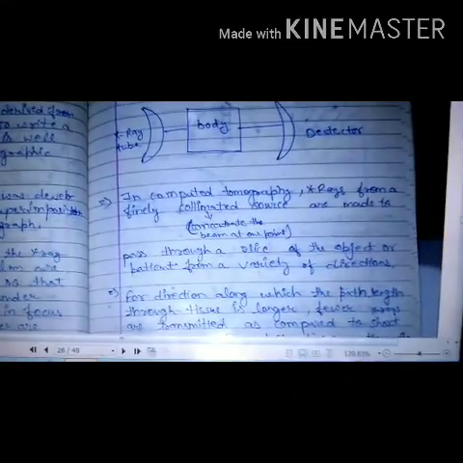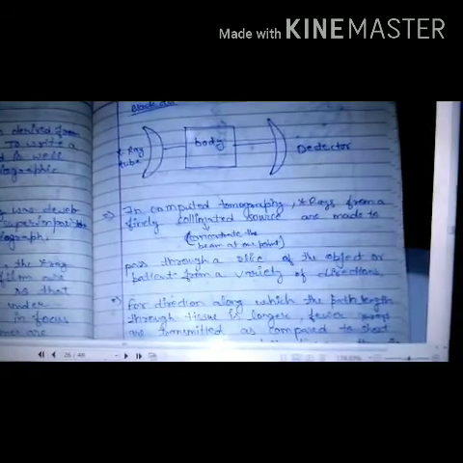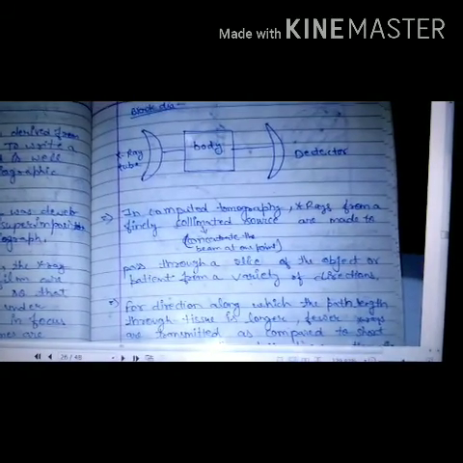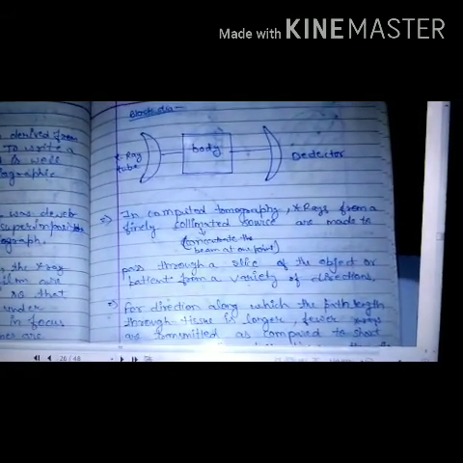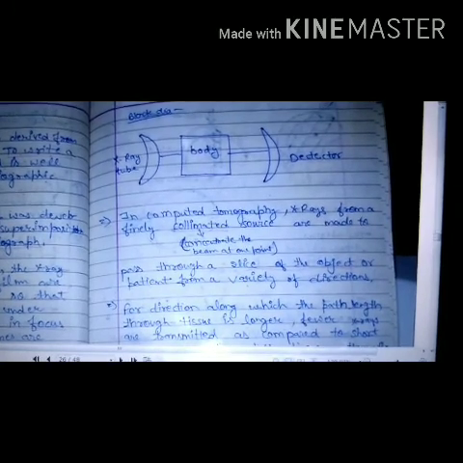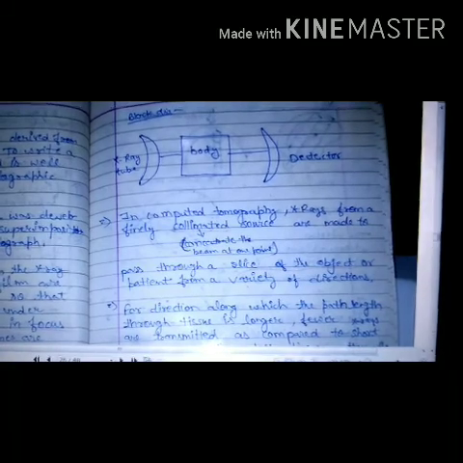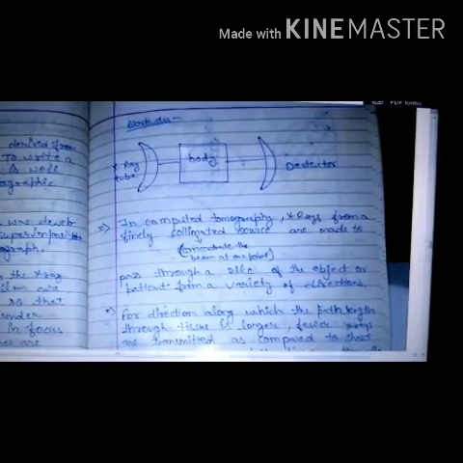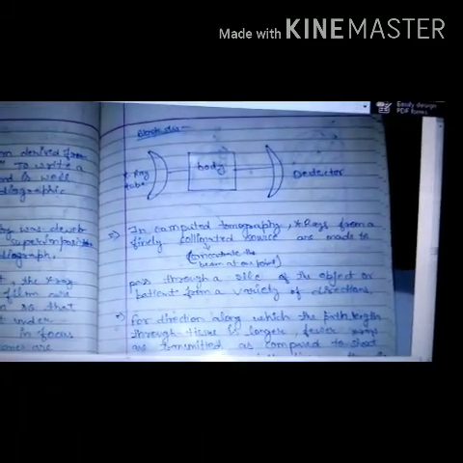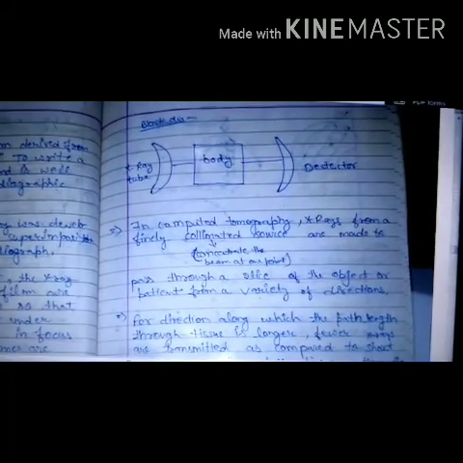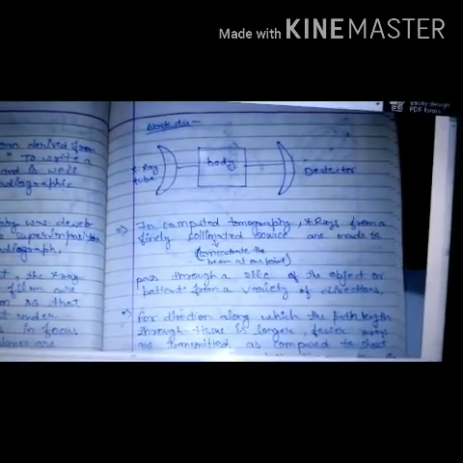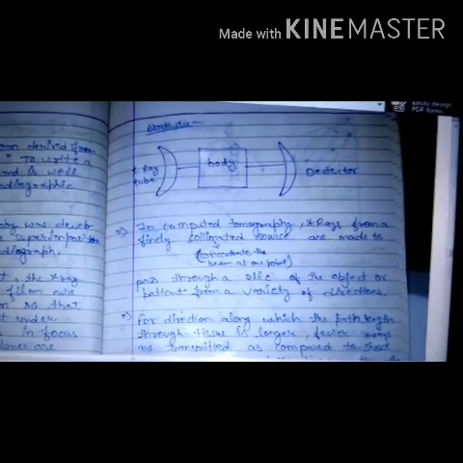Then in computer tomography, X-rays from a finely collimated source are made to pass through a slice of an object or a patient from a variety of directions. That is, X-rays of a concentrated beam are focused on one point only. So a particular single plane can be observed from different directions, and that is how the image is mathematically